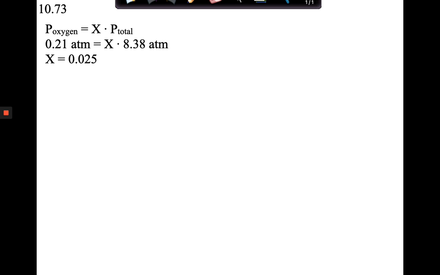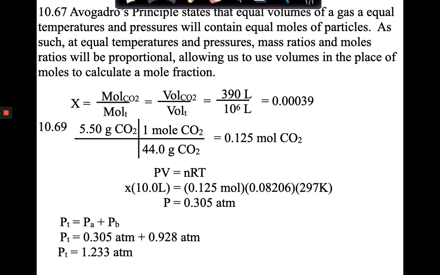Yeah. This guy? Well, let me read it. Okay. So number 67 says, the atmospheric concentration of carbon dioxide is presently 390 parts per million. That is, for every million liters, 390 liters of CO2. What is the mole fraction of carbon dioxide in the atmosphere? Is that